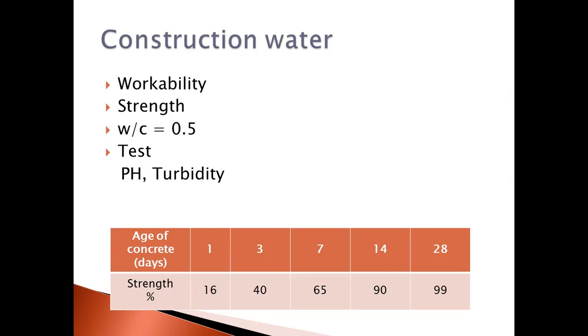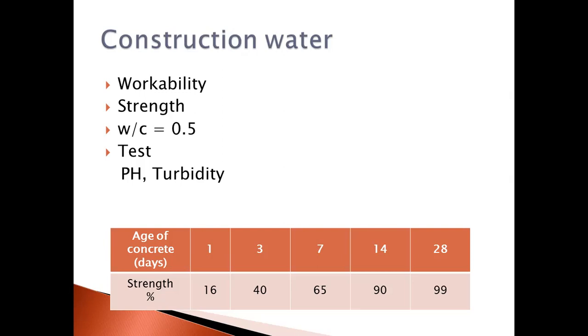Okay. Next one is turbidity. Turbidity means, is there any waste product floating or just immersed in the water? That is known as turbidity. So the water should not be acidic and it should not have any turbidity. And let's see one of the main things, that we not only use water in the mixing of concrete, but we also use water for curing.